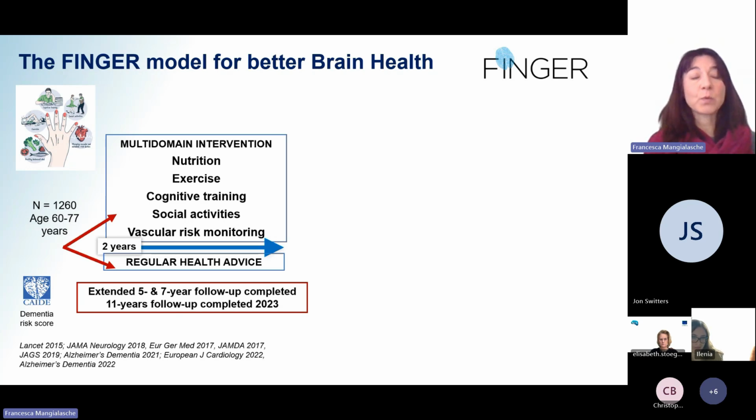The study participants were randomized either to a control group receiving standard healthcare or a multi-domain intervention in which we simultaneously provided nutritional guidance, physical activity via attendance at the gym, cognitive training via computer program, strict monitoring of the vascular and